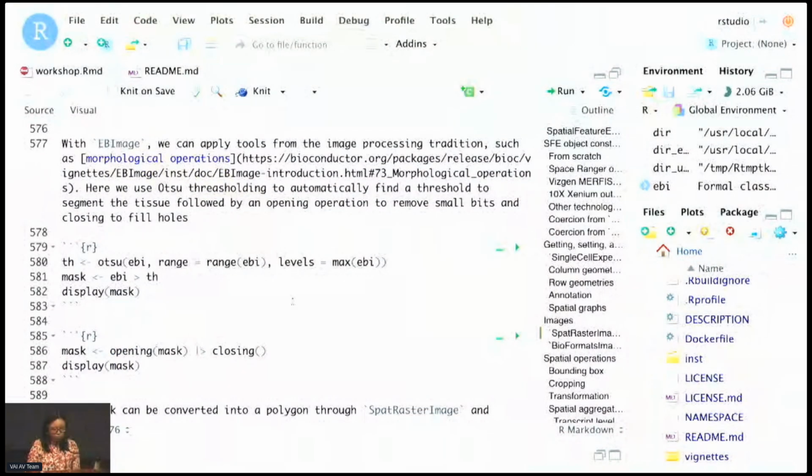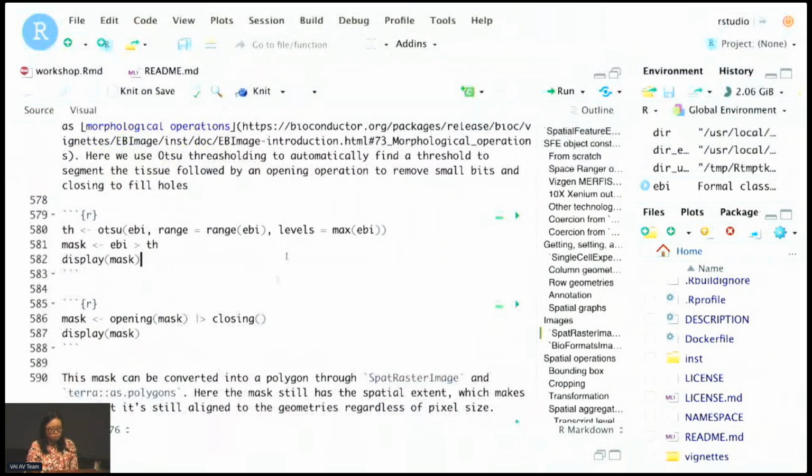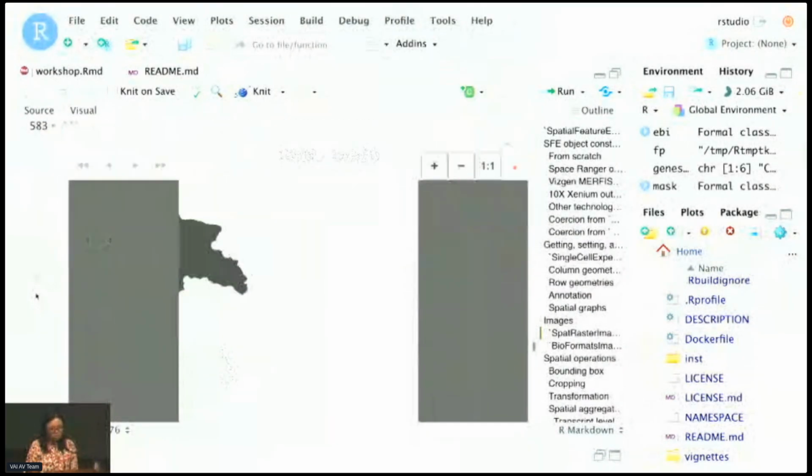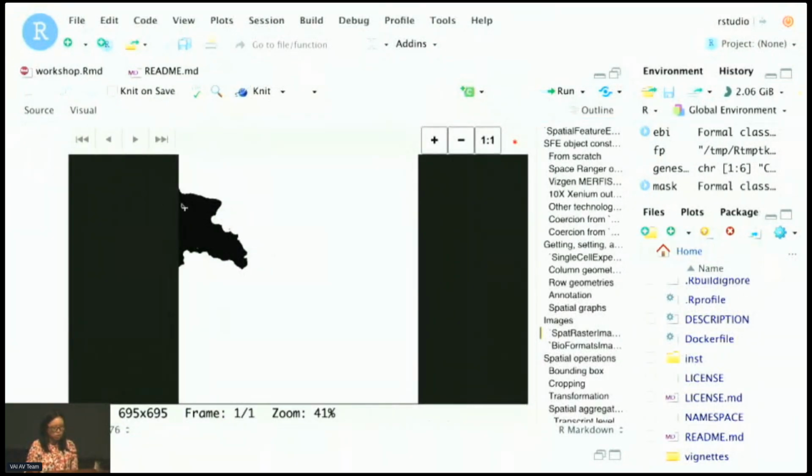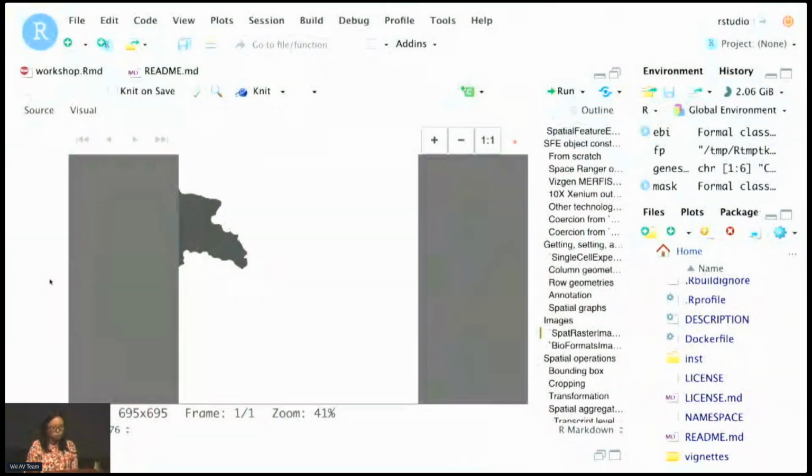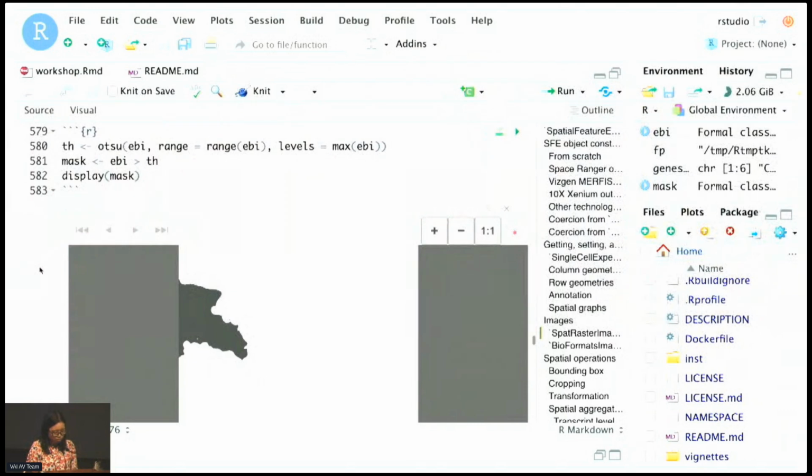So with EBImage, we can apply more methods from the image processing tradition. Like here, I'm applying Otsu thresholding, a way to automatically detect the threshold for segmentation. Here, I just want to distinguish the tissue from empty space with Otsu thresholding.